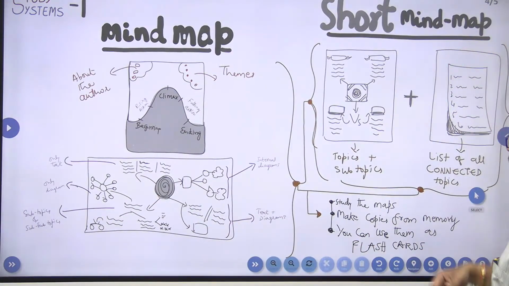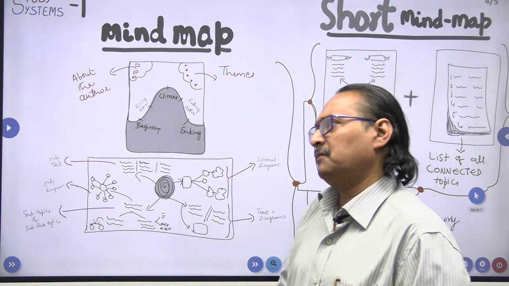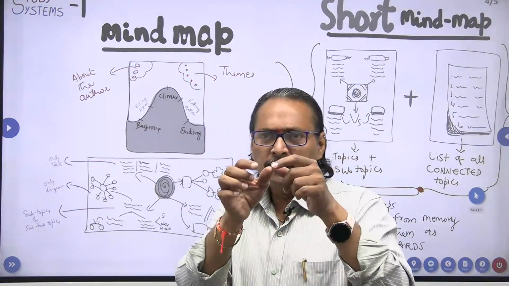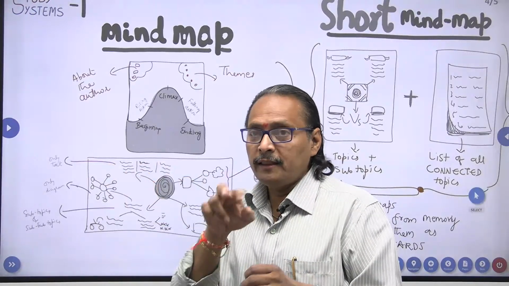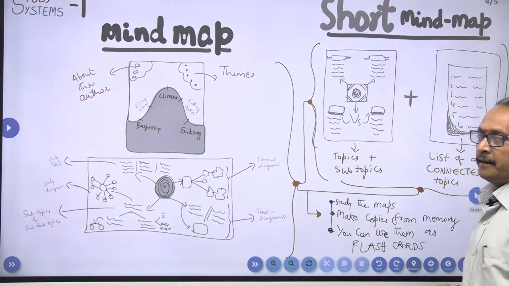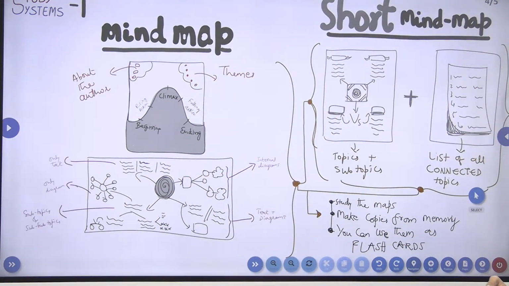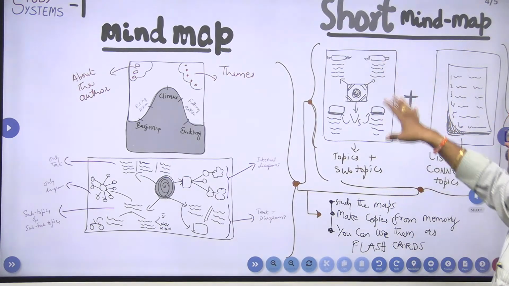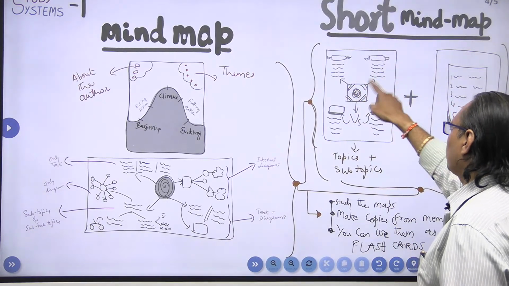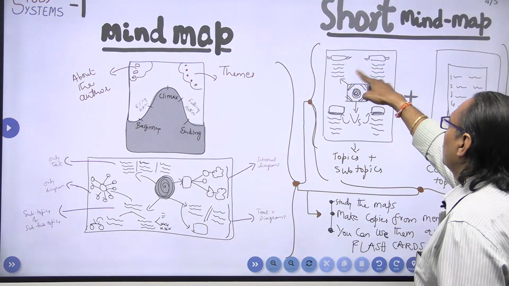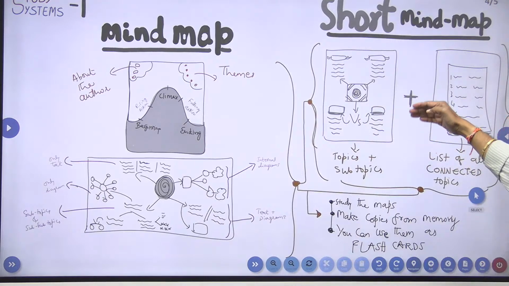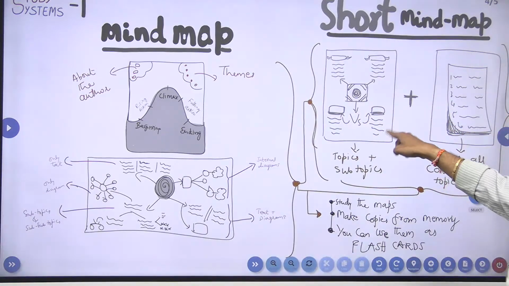Then we see short mind maps. Especially short mind maps are the internal unit. Sometimes what happens, within a particular main topic itself, the subtopic is a little elongated. So in that case, this particular second mechanism comes to our rescue. So what happens here is, you can take the white sheet, and then the subtopic is here. This is not the main topic. You can have the subtopic, or you can also have the main topic and link with the subtopics, and you can make things in this way. So you can write the text in these forms.